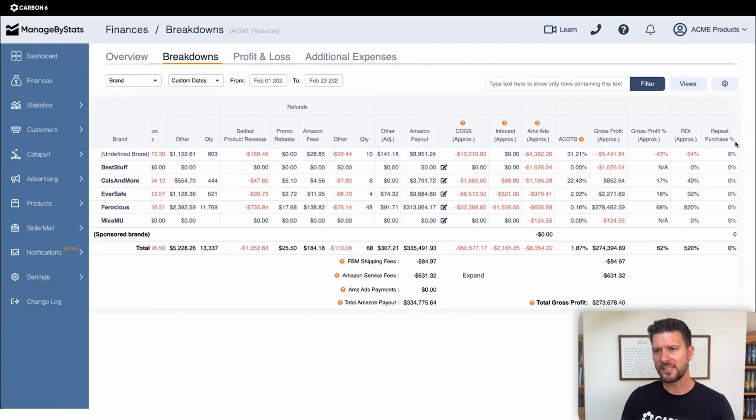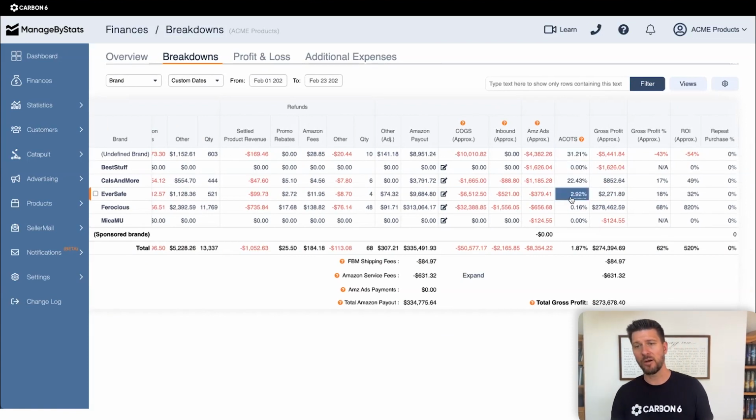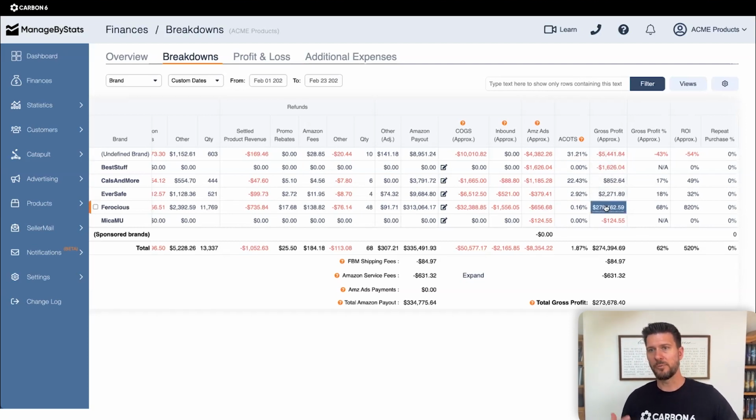And then you have these metrics that tell you, how are these products doing? Are you spending too much on ads? Are you making enough profit from each one of these sales? And are you making enough profit overall to be able to restock fast enough, or expand into new products, and of course, have money to take to your bank, to do whatever you want with? This detailed view is so granular that it really clears up any confusion. If you ever wonder, you have so many sales on Amazon, but the payout you get from them is a lot less than what you thought you should be getting.